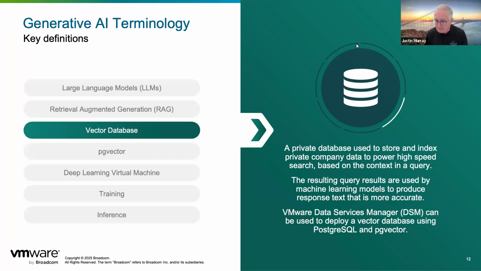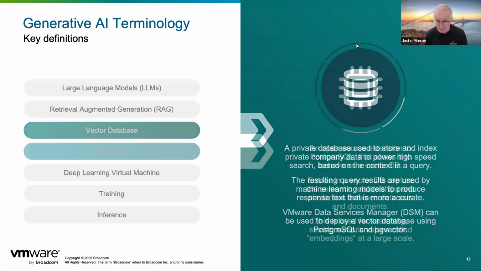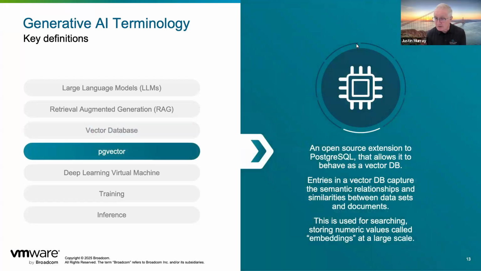And we have tooling for this that comes with Private AI Foundation, VMware Data Services Manager, that can deploy all of this, including the vector part, in a friendly way for you. So pgvector is an open source extension to PostgreSQL. As you know, VMware has a lot of authorship on PostgreSQL. We had some of the designers of that working for us here. And we provision that into a VM or set of VMs for you using our Data Services Manager tooling, which is a general purpose tool for provisioning any kind of database.